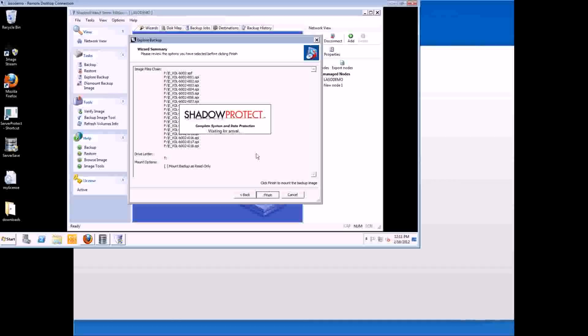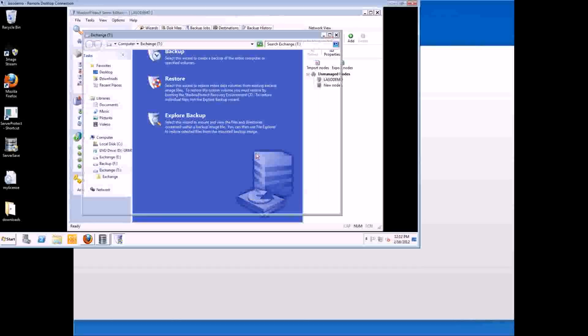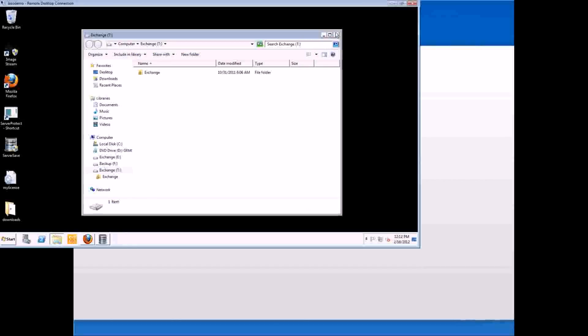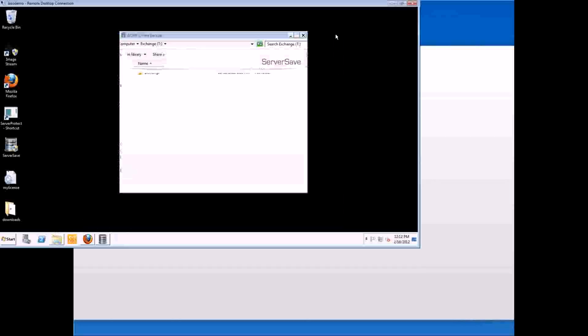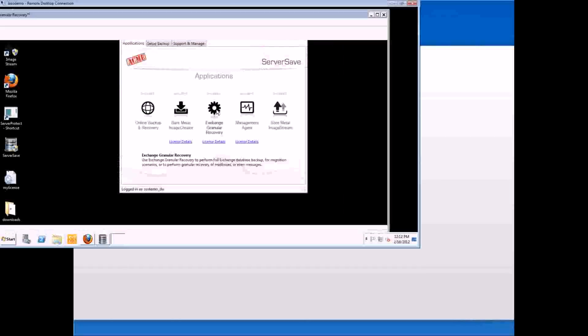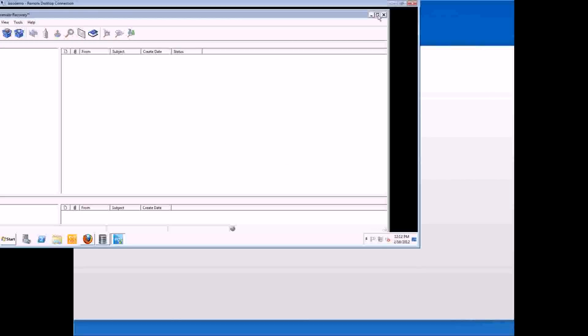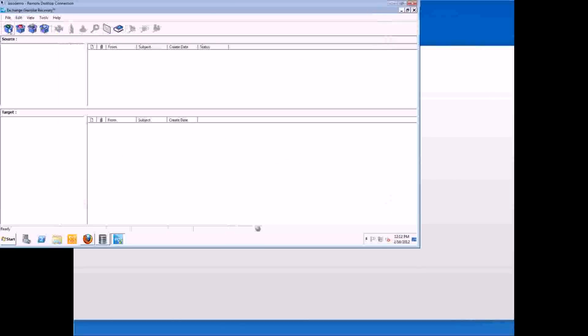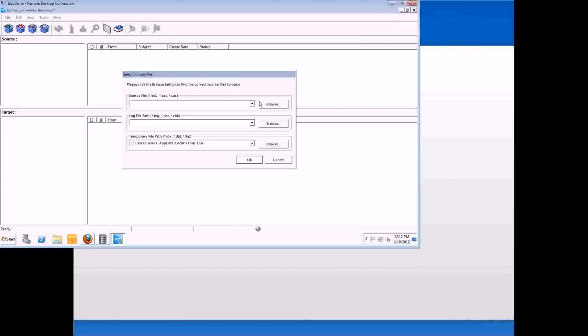Then it's going to launch me into the new virtual drive that I've just recovered. So there I go. Now, because it is an Exchange server, let's see some of the Exchange granular recovery. So I open up this agent. And at first it's going to ask me to select a source. So I say, okay, sure, I'll select a source. So I hit